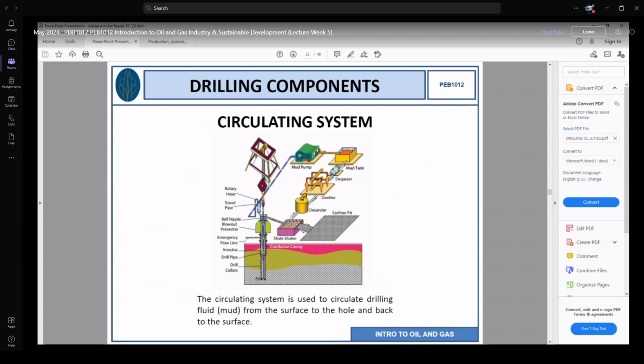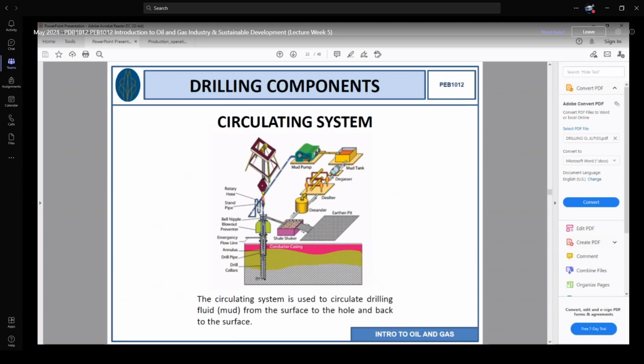So drilling mud has to be pumped from the mud tank to the bottom, and then it should come back to the surface. Then we remove cuttings from there. Then we get this mud back to the tank. We cannot waste this mud because there is a huge cost involved in the mud preparation. So from the mud tank, we take the mud using a mud pump. The mud pump pushes this mud through the pipeline to the drill pipe, then down the drill pipe or drill string all the way to the bit.